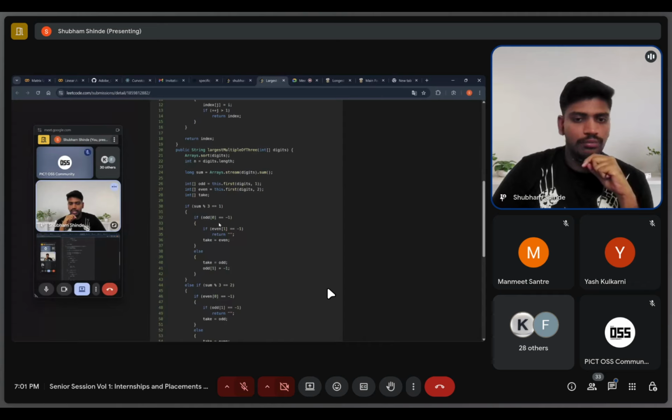It is a good time to learn Java. I won't prefer you to do CP or DSA in Java, but at least learn Java so you have a better idea about how things work in Java.